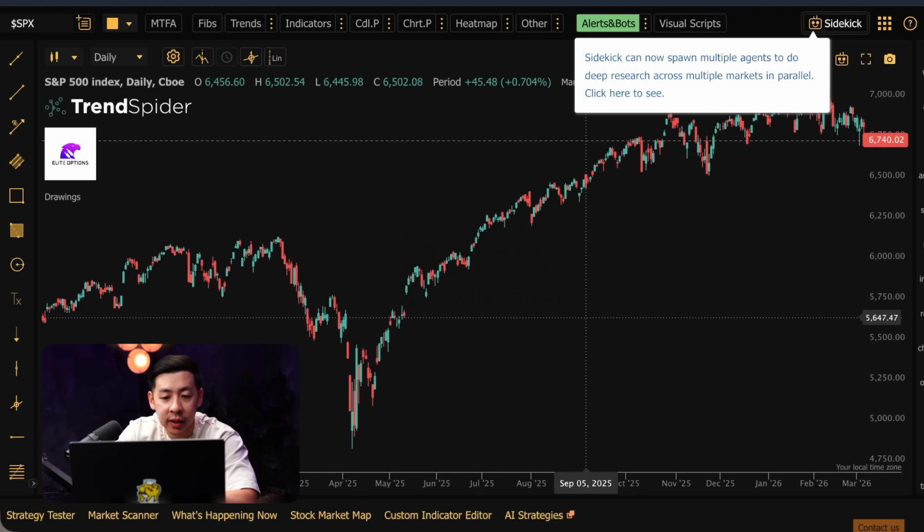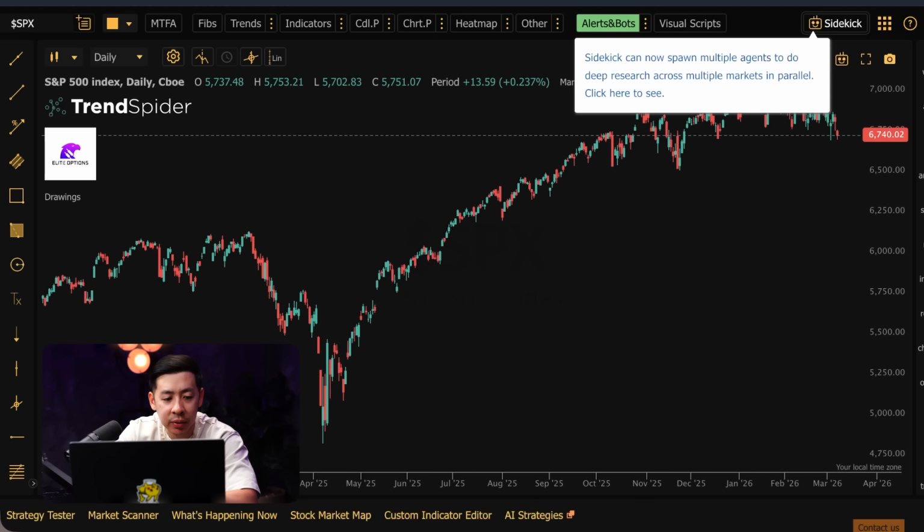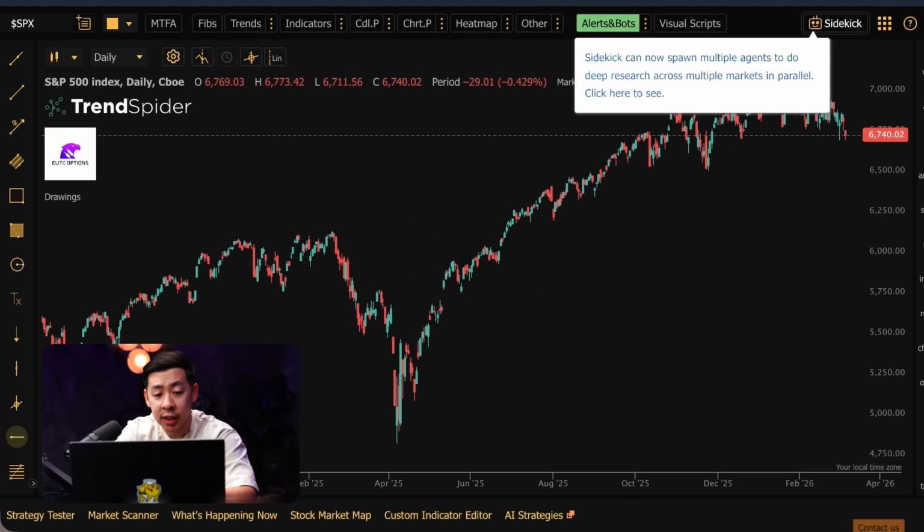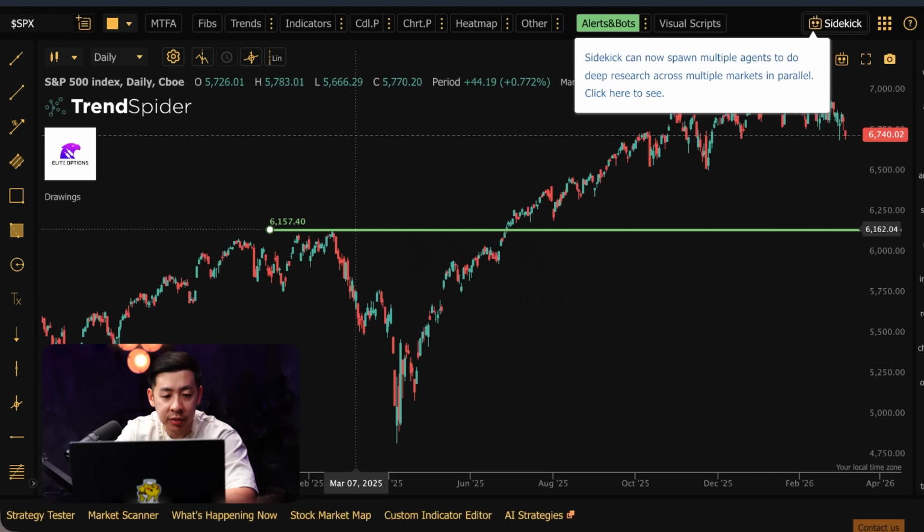And I'm going to go back not too far, just 2025, and show you guys how to draw the most important levels. What happened in 2025 that caused the major sell-off was the tariffs. It printed a major top here around 6150. And like I said, these areas are just a range. It doesn't need to be a precise level.